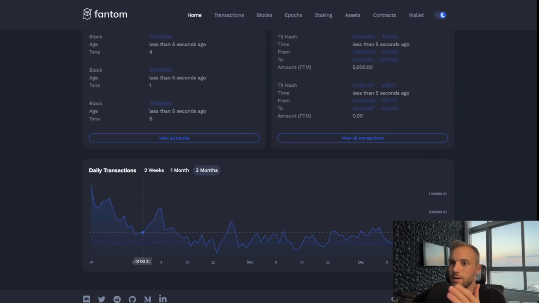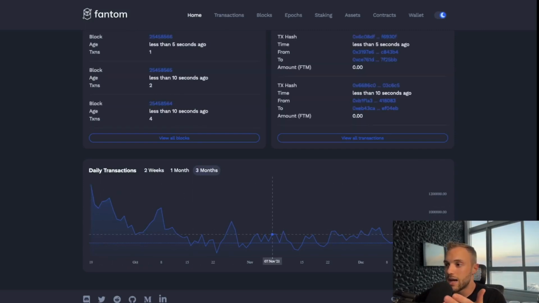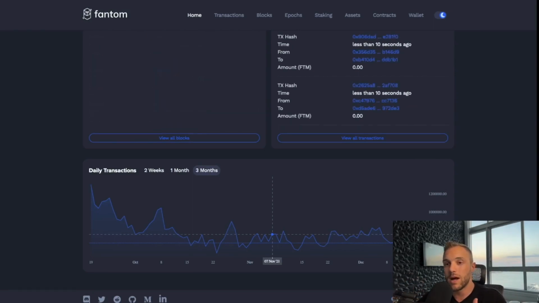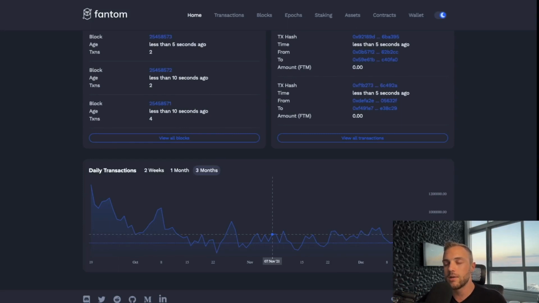If we look at Phantom fundamentally on Phantom's block explorer, you can see the daily transactions declining. Why does this matter? Because every transaction on a smart contract chain that has its own blockchain requires the native coin for a fee. That's why the Phantom coin FTM has real utility: every transaction generates a fee and uses the FTM coin as gas, just like Ethereum and ETH.